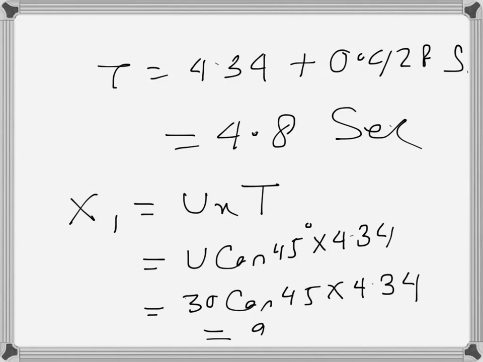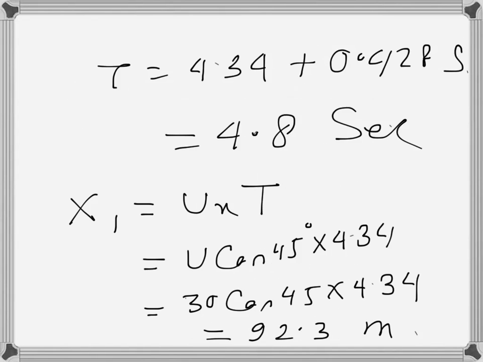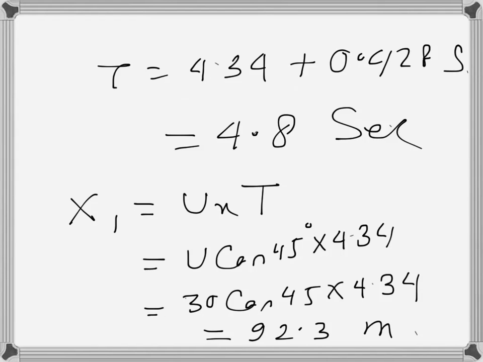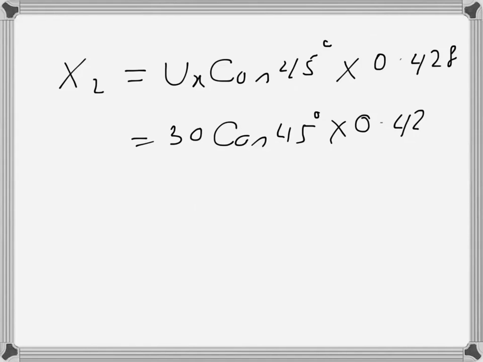So that becomes 92.3 meters, and the other distance is this one. So again we can do similarly, x2, and that will be the same. Actually the horizontal velocity is the same, 45 degrees, and that time which is 0.428. So basically it's the same thing, 30 cos 45 degrees times 0.428, which is 9.1 meters,